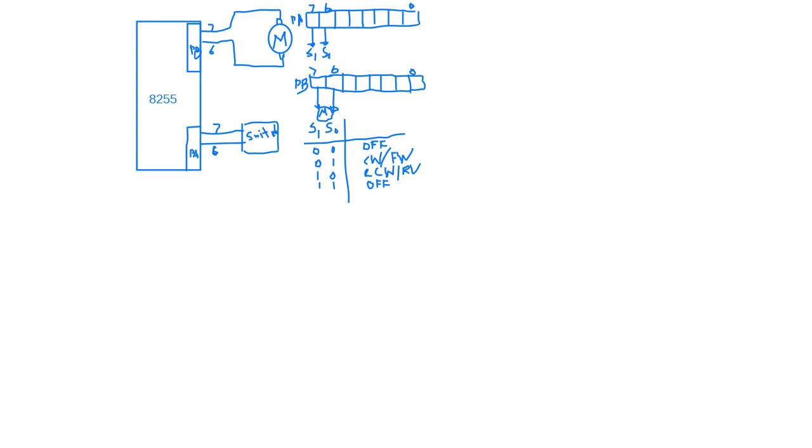Okay, now next is about control. So what sort of control do we want? We want that if the switch is 0 0, the motor is off, and if it is 0 1, the motor moves in the clockwise direction, clockwise or forward direction, CW or FW. CW means clockwise, FW means forward. And 1 0 is counterclockwise, anti-clockwise or reverse, you can say reverse,